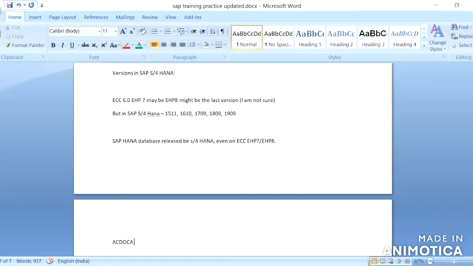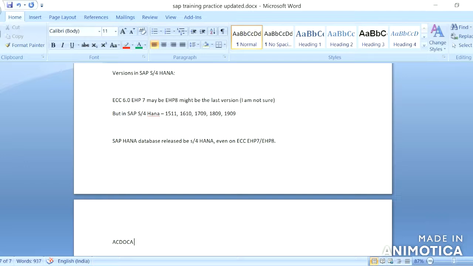In ECC, whatever tables are available, the same tables will be available as an application. The database will not change. The database will be used only to store the information, that's it. It doesn't change anything in the application. So the ACDOCA table is available only in SAP S/4HANA.